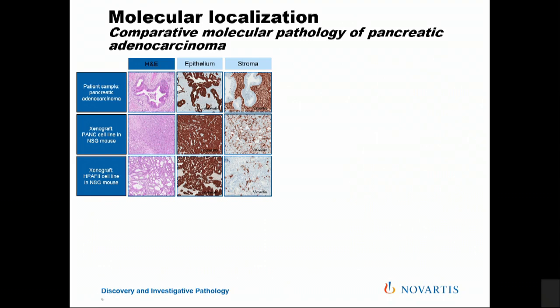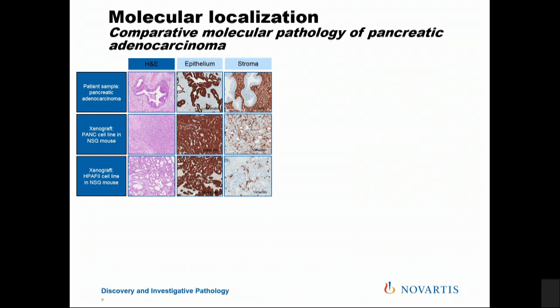In this slide, we can show a comparison between human pancreatic adenocarcinoma and a couple of xenograft cell lines that are commonly used in NSG mice to assess response to therapy. And by looking at H&E and markers for epithelium and stroma, we can appreciate relatively rapidly that there are marked